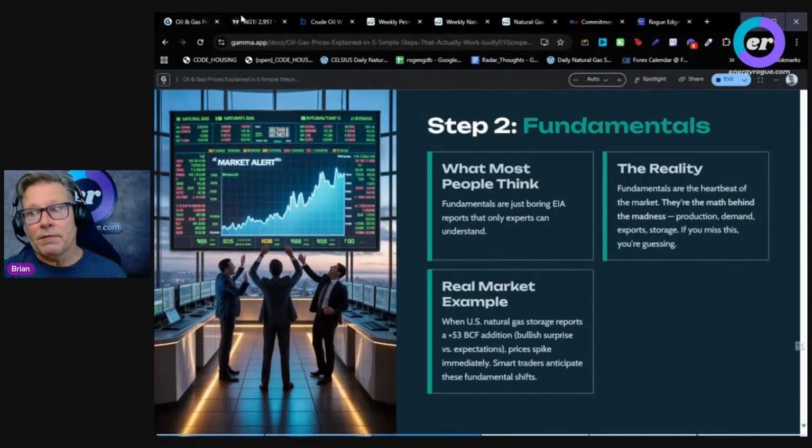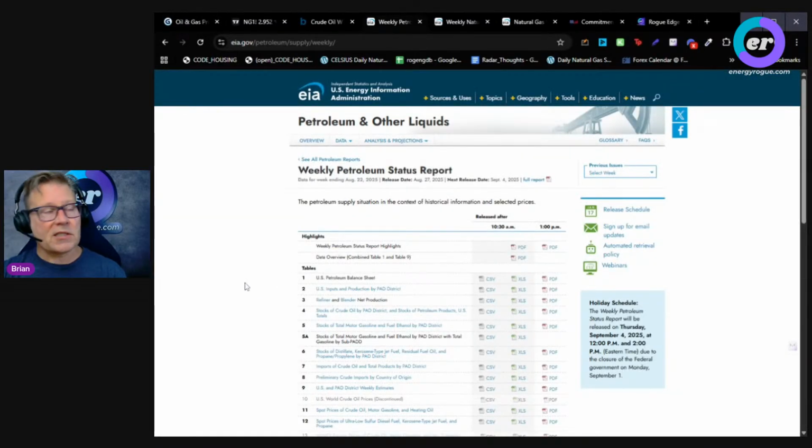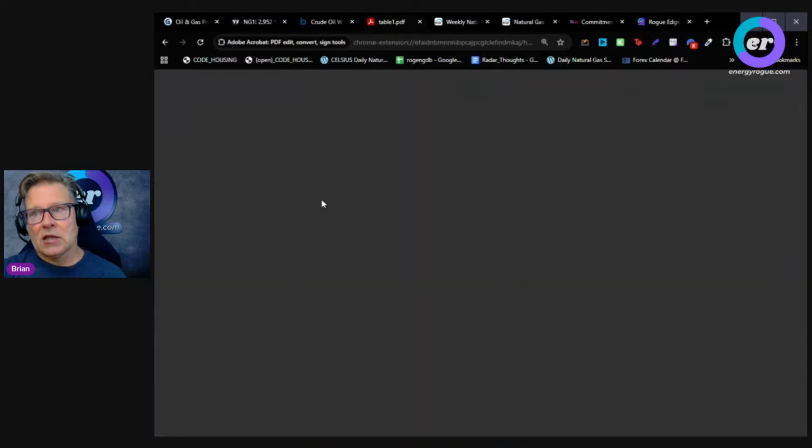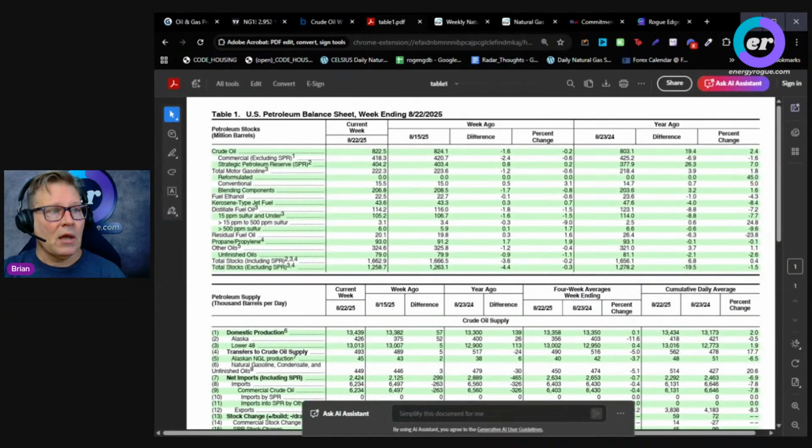Fundamentals. If you're looking at oil and gas, there's going to be crude oil fundamentals, natural gas fundamentals. The first place that I would look for on the crude oil fundamentals is the weekly petroleum status report. In this report, there are multiple things to look at. For instance, they have the U.S. petroleum balance sheet, where they look at crude oil stocks, motor gasoline stocks, ethanol,